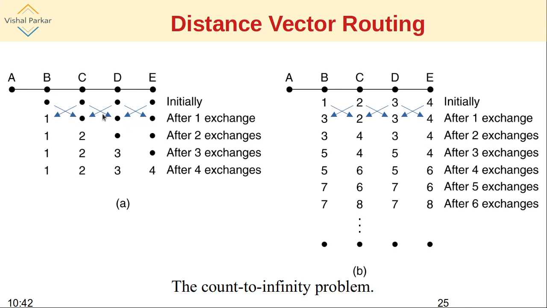This is the situation after one exchange. So the exchange means that whatever was previously with the router will be given to the neighbors. So C exchanges the value of infinity to B, but B directly can reach A with a distance of 1, and that's why B stores the least value, that is 1, in its routing table.